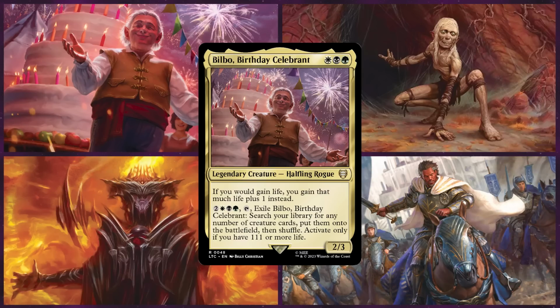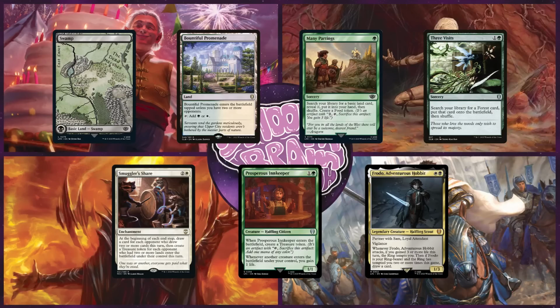Chandler built this as a creature-based life gain deck, and he hopes to use cards like Essence Warden and Soul Warden to gain enough life to activate Bilbo's ability and find every creature in his deck to put them on the battlefield. He keeps an opening hand with a Swamp, Bountiful Promenade, Many Partings, 3 Visits, Smuggler's Share, Prosperous Innkeeper,